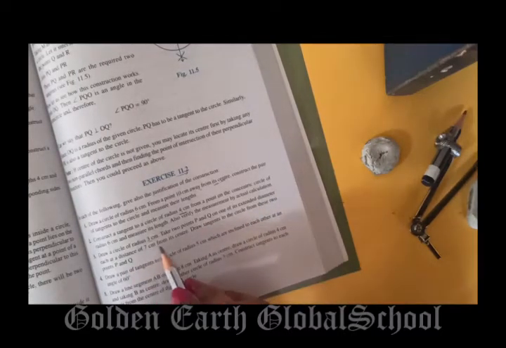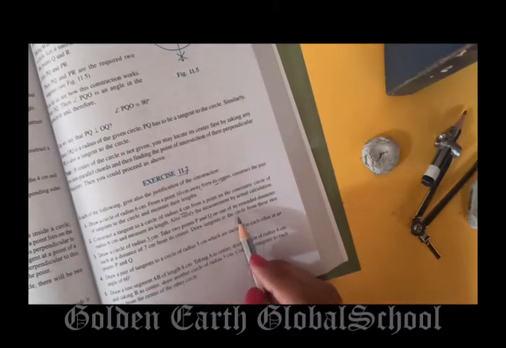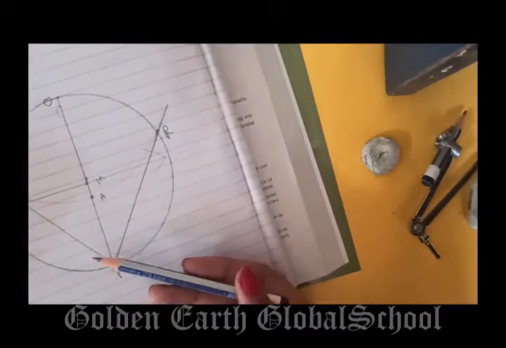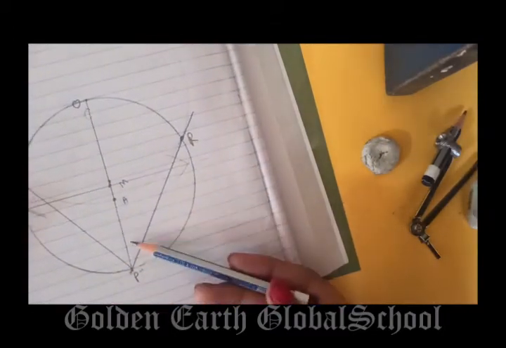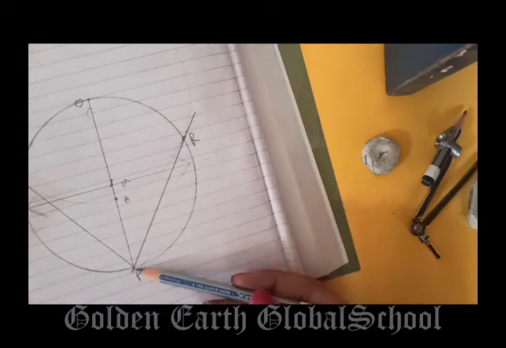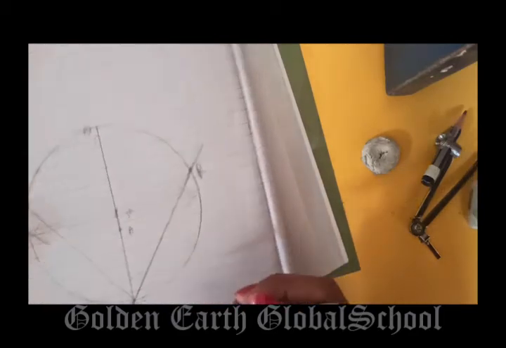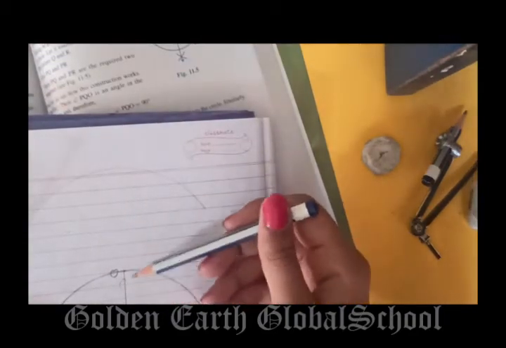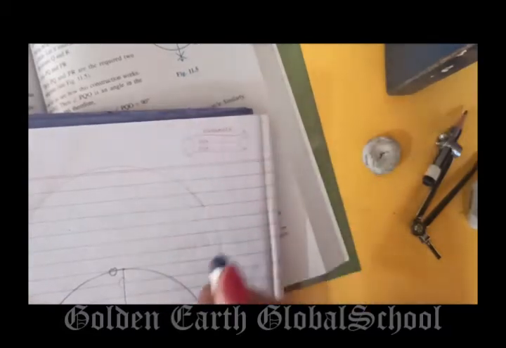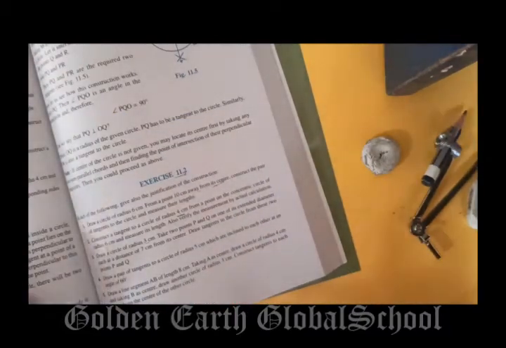On the diameter at the distance of 7 centimeter from the center, draw the tangent. Similar way you have to draw the tangent from both the sides. In the first question, we had drawn the tangent from point P. Now in the third question, you have to draw the tangent from the Q point, which is on this side of the circle. So this is the same question, you can try it.